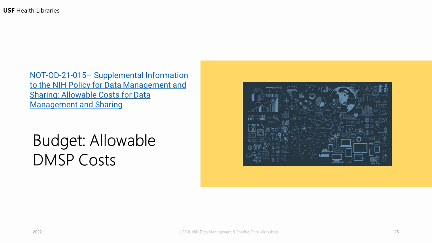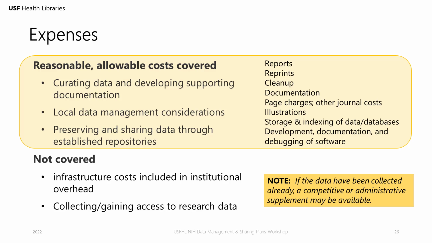Now we come to the important information about budget, allowable data management and sharing costs. You should know that DMSPs can be built into the budget of the grant, so you need to set aside a chunk of change for that. Reasonable allowable costs may cover more than you think. It covers curating data and developing supporting documentation, which includes formatting data according to accepted community standards, the cost to de-identify data, cost of preparing metadata to foster discoverability, interpretation and reuse, costs for formatting data for transmission to